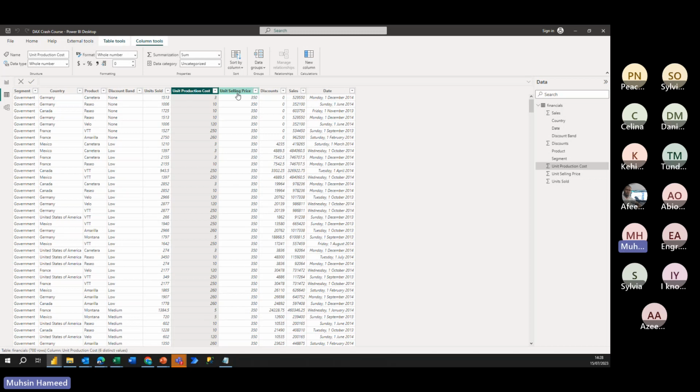Okay, so as not to take too much time. All right. When we say profit, remember that what we have here, this is the unit sold. This is the unit production costs, and this is the unit selling price. The sales amount here is the amount we got from the transaction as a whole, which most likely is the combination of the unit sold and the unit selling price. So the product of the unit selling price and the unit sold was what gave us the sales amount. So potentially we may not want to say that the profit we got from this transaction was sales minus unit production cost,